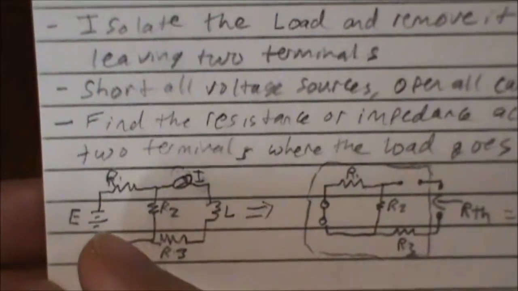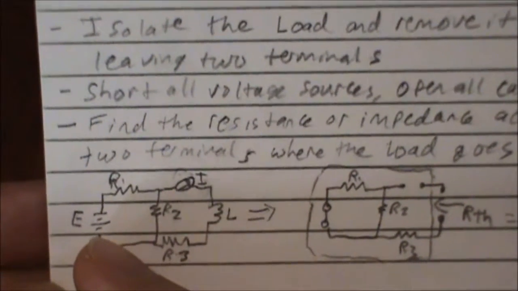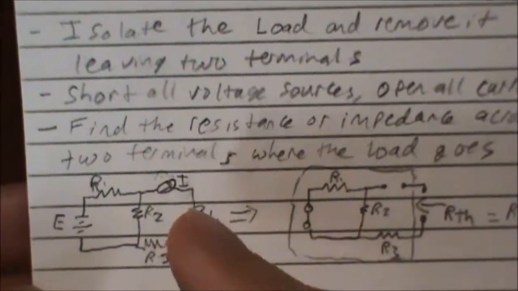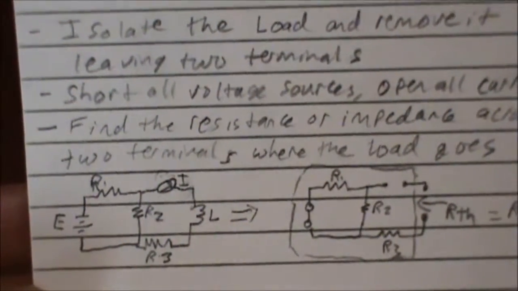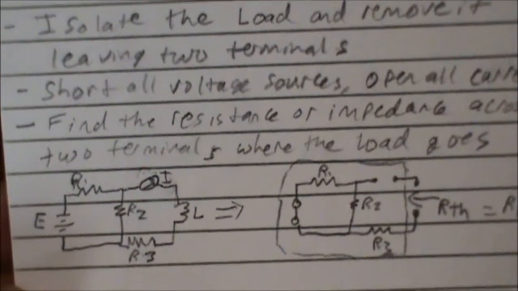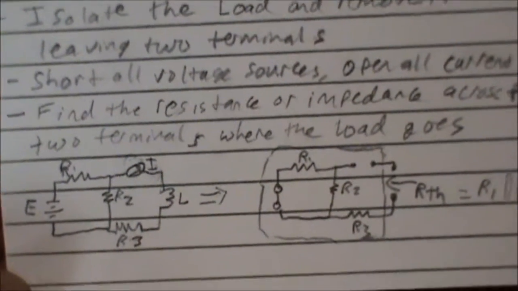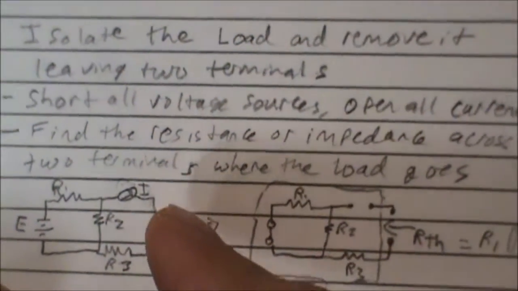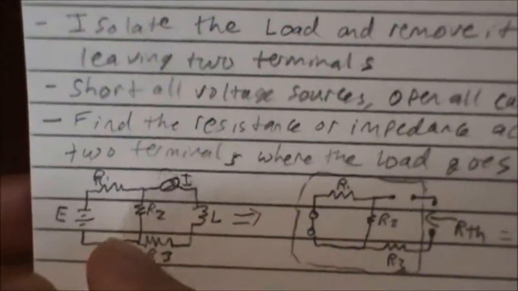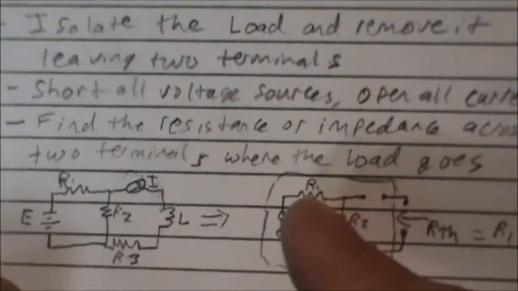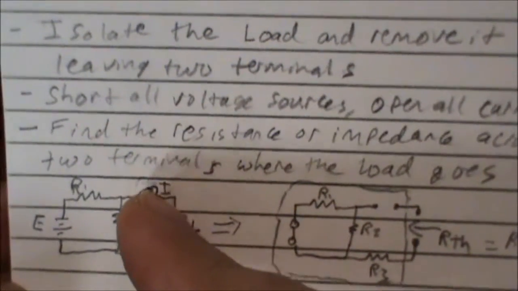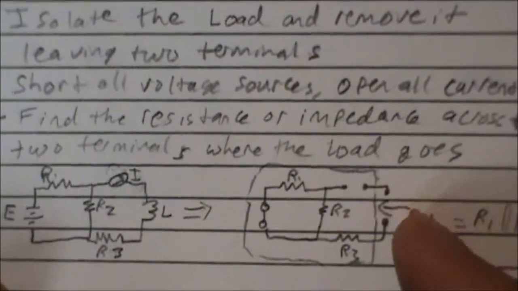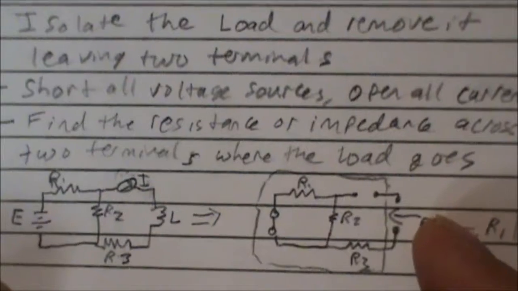A voltage source means the voltage is constant, but the current depends on the draw. A current source means that the amount of current is constant, but the amount of voltage may not be constant, essentially. And so if we have a short circuit where our voltage source was, and we have an open circuit where our current source, the little funny arrow there, was, then our Thevenin resistance where our load was is, well,